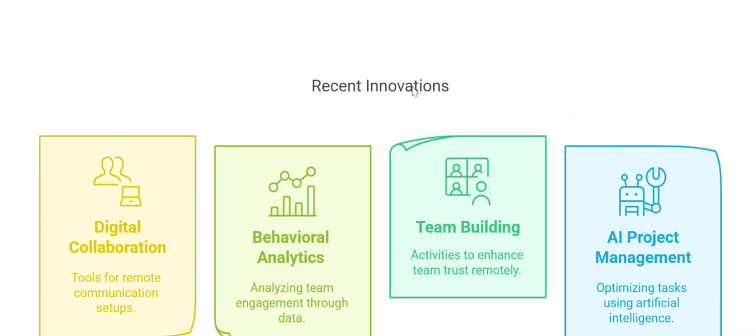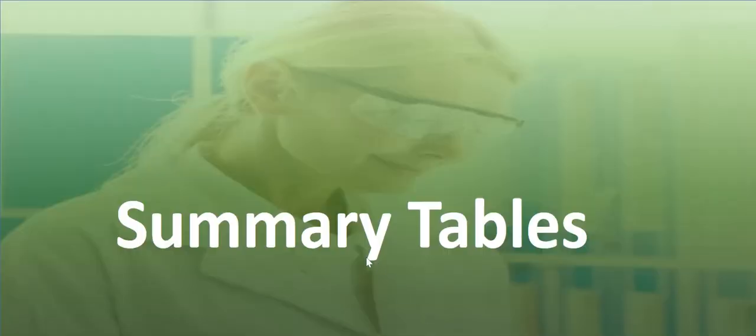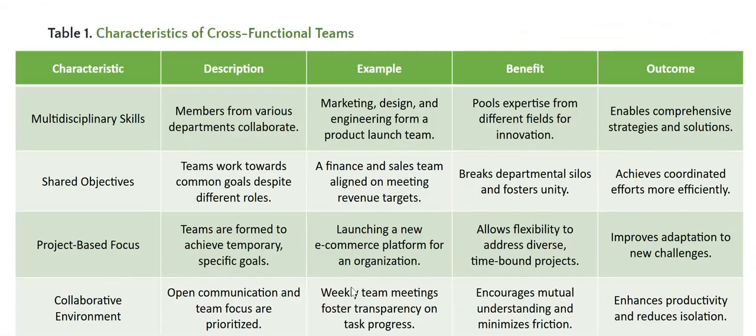And here is a diagram summarizing the recent innovations or advancements: digital collaboration, behavioral analytics, team building, and AI, artificial intelligence project management. Summary tables. The upcoming tables summarize what we have covered through this lecture. We have characteristics of cross-functional teams: characteristic, description, example, benefit, outcome. Characteristics: multidisciplinary skills, shared objectives, project-based focus, collaborative environment,